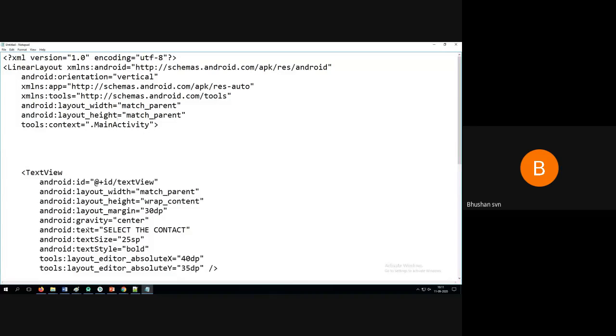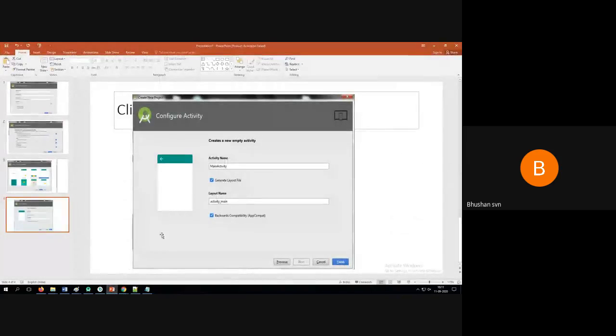And this program is executing within the context of .main activity. In my slide, I have showcased that the activity name is main activity. The scope is only within this much. Okay, main activity, so it cannot go beyond this. So it is giving the defined name scope for this specific activity.